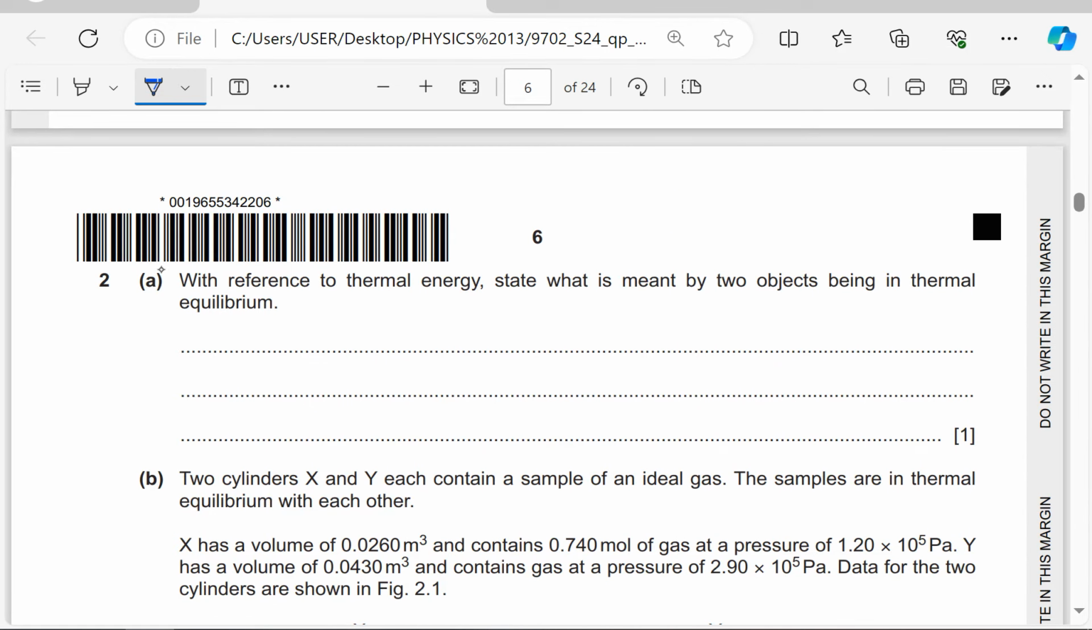With reference to thermal energy, state what is meant by objects being in thermal equilibrium. Remember from what your teacher mentioned in class, when two objects are in thermal equilibrium, the temperature is the same, so the temperature difference is zero. And if the temperature difference between two regions is zero, it means there will be no net flow of energy from one point to another. So I'll simply say the two